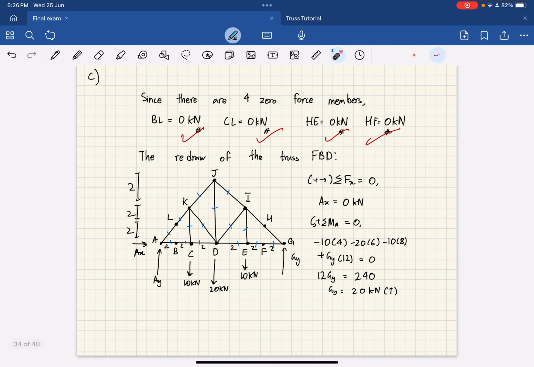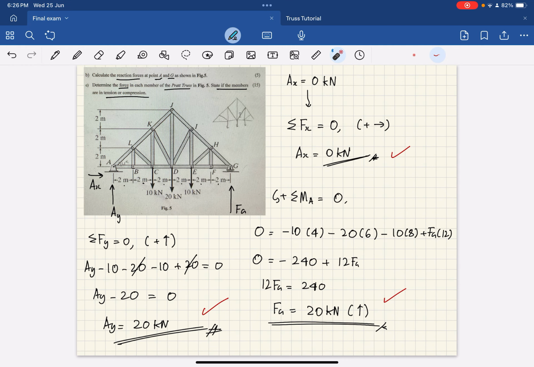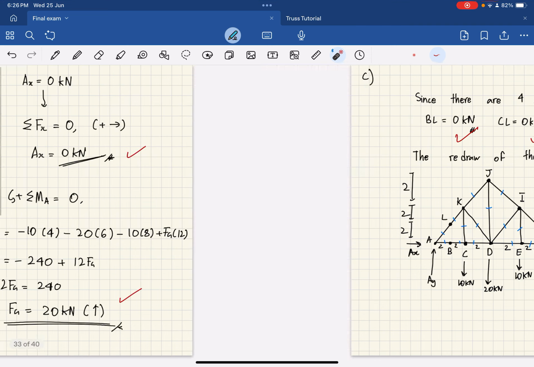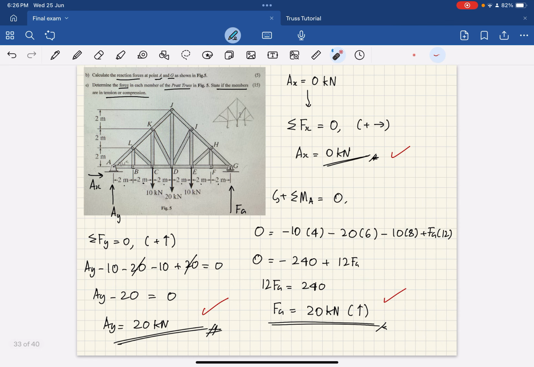So the first and foremost thing is to identify the zero force members, because here I managed to identify 4 zero force members: BL, CL, HE, and HF. And you might be wondering how I did it. Okay, let's look first at